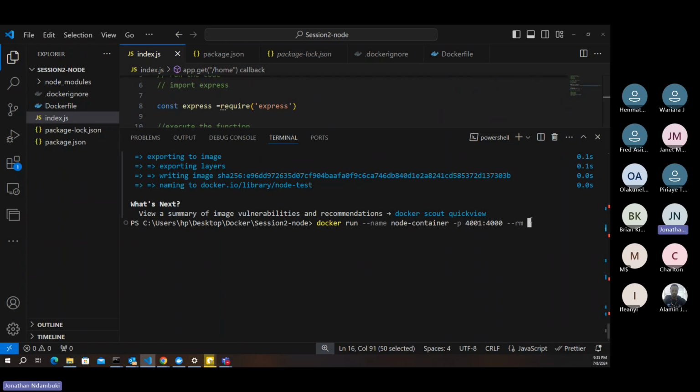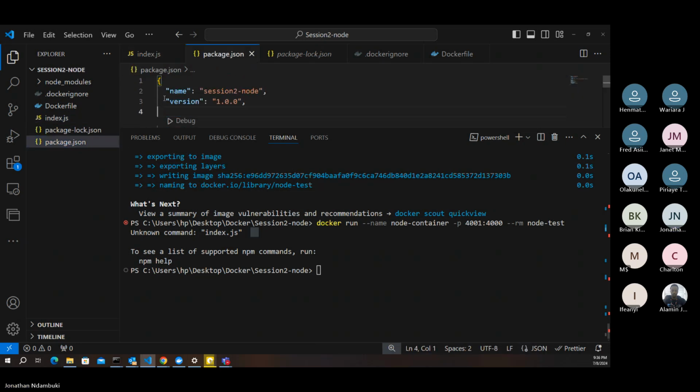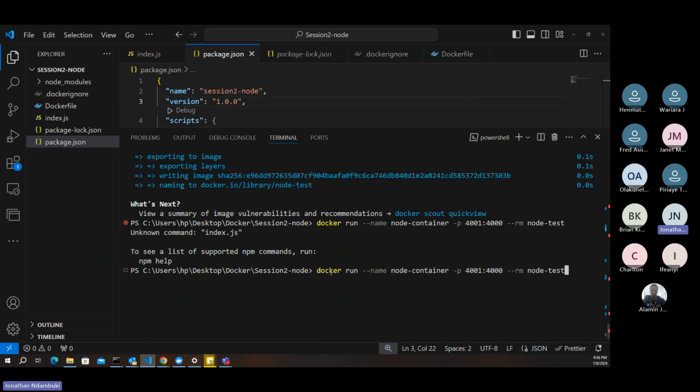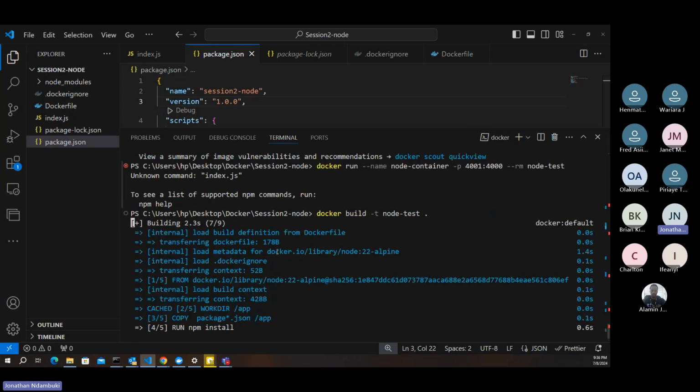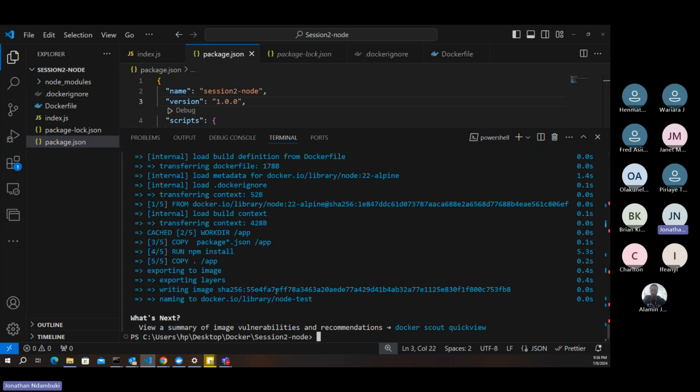And the other thing that we need to say is, I don't think there's any other thing, so we can just say node test. And you see a non-command index.js, so something might be happening right there. And now, actually, we start exposing our problem. One of the problems is I have to rebuild this image again because of a tiny change. And okay, the cache helps sometimes. It's going to help us with some of the things,